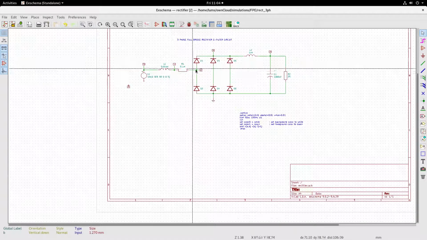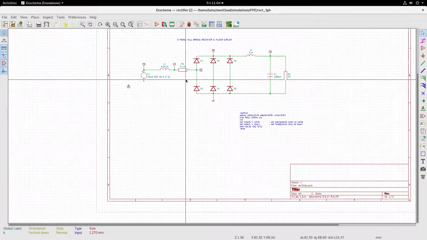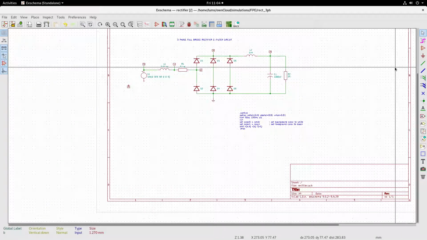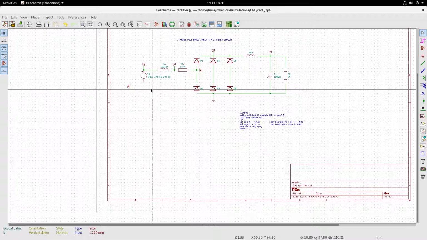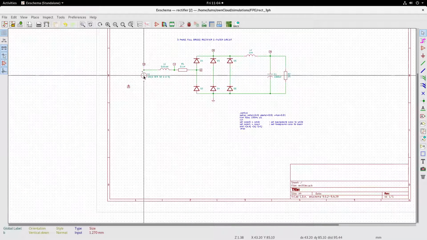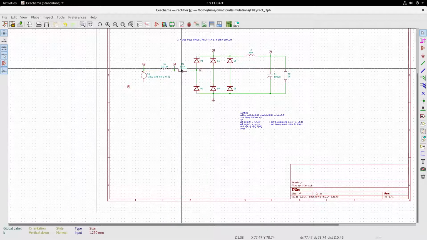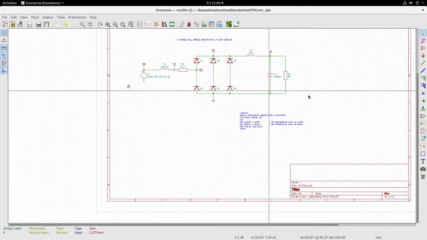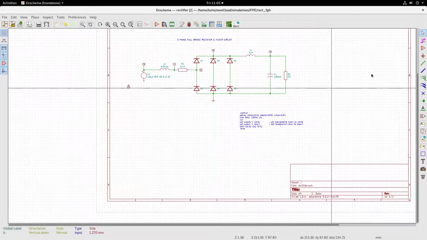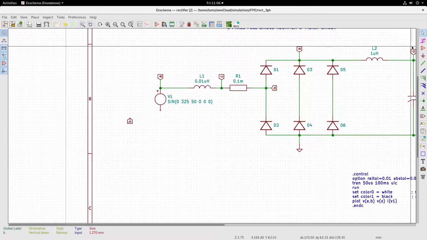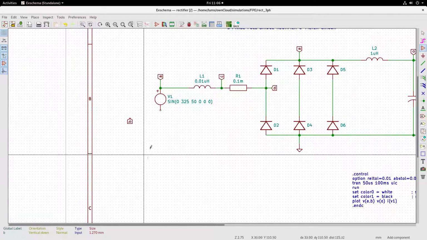We need to include two more arms. So you have phase A, phase B and phase C. Phase B and C we have to incorporate, which means I need a source, an inductor for the track inductance and a resistor for the track resistance coming into the picture for each phase. So let us do that. Let me zoom in. Let me pick the component place.